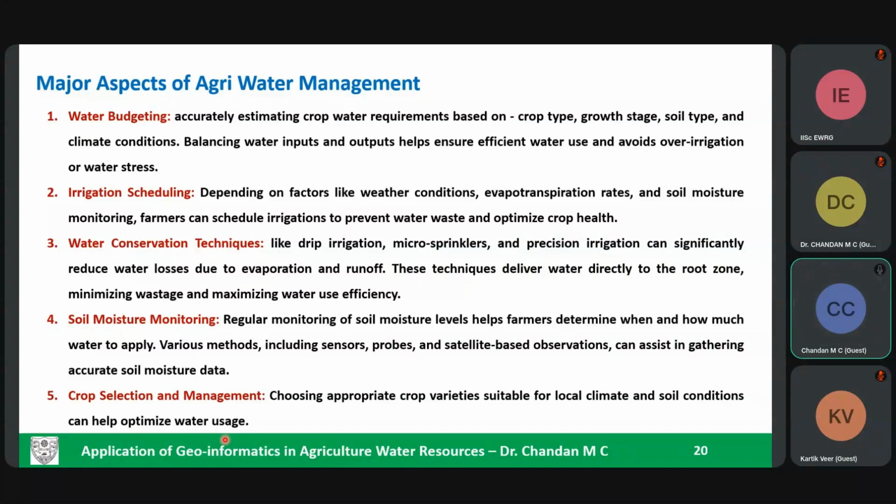And certain water conservation techniques need to be implemented in the majority of the agriculture sector. For example, the fields where you have sugarcane can also be monitored with respect to the irrigation technique, which can be changed instead of giving a continuous water supply. So like this, interventions can be made, and also soil moisture monitoring using our advanced satellite observations as well as field data collection, and crop selection and management. Instead of going for cash crops, we can also go for locally sustainable crops, millets, etc. That is coming under the multiple cropping system.